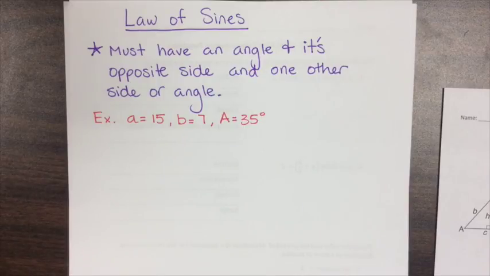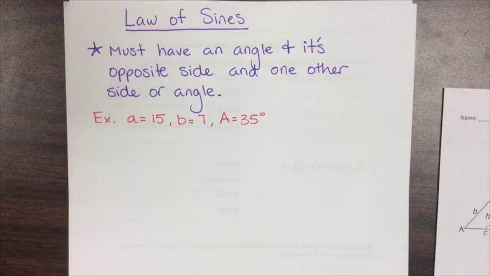We can use law of sines to solve triangles that are not right triangles. If we have right triangles, we can use SOHCAHTOA. If it's not right, we have other options, and that is law of sines and law of cosines. Now, with the law of sines, you must have an angle and its opposite side and one other side or